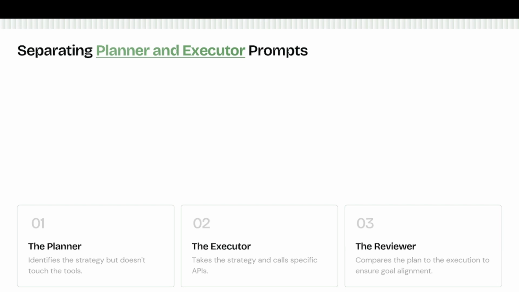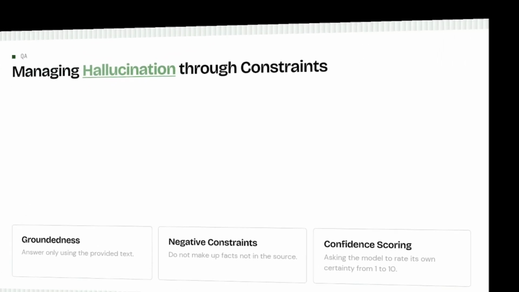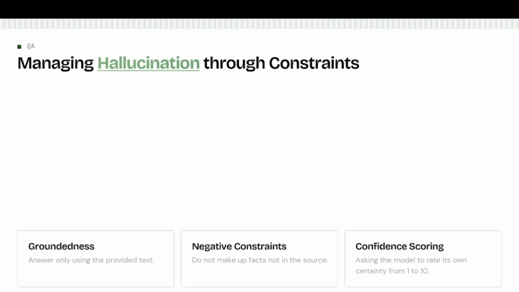So in this lesson, we want to continue with the discussion on agentic AI product management. The slide we are currently on is separating planner and executor prompts. In the previous lesson, we ended at managing hallucination by setting constraints, so that groundedness, negative constraints, and